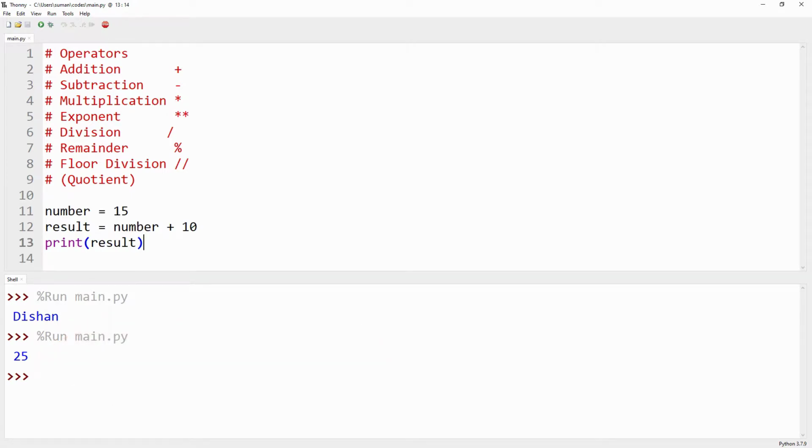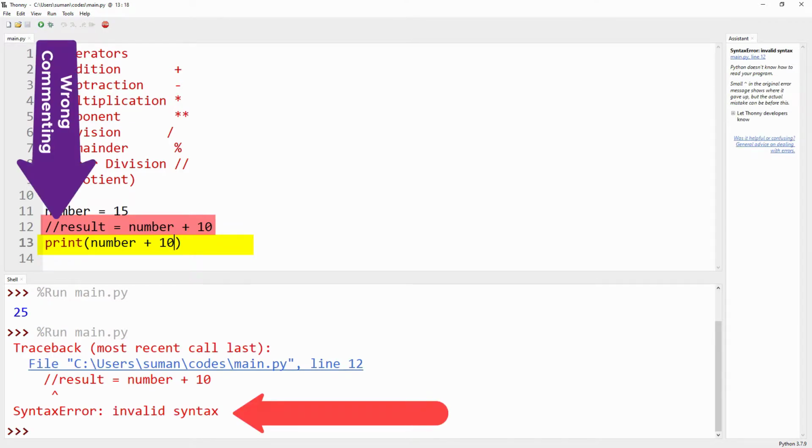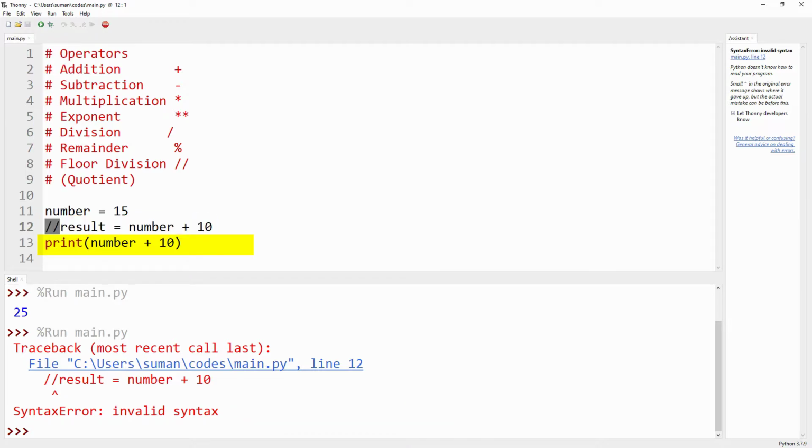Now instead of the result variable, we can directly print the result like this. Suppose we comment out the second statement, and here we give the expression in place of result. If we run the program, we get a syntax error, that is invalid syntax. Why? Because we have not commented out that one.